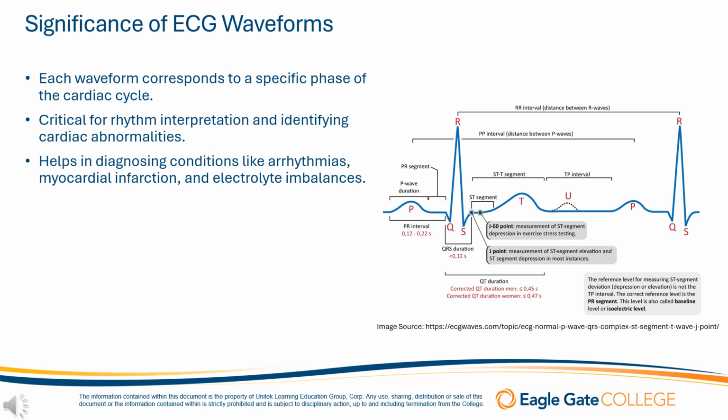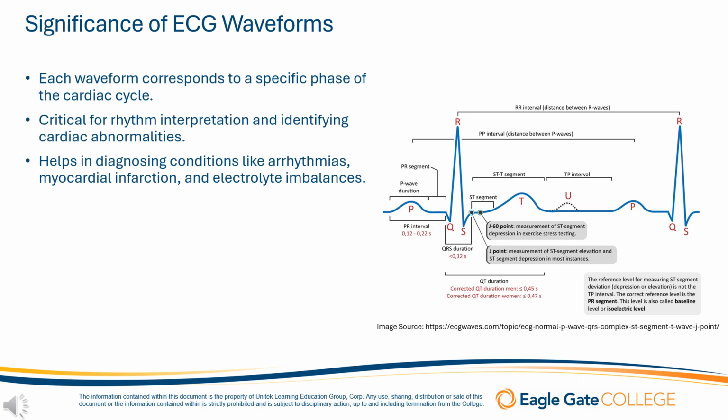The PR interval reflects the time taken for the electrical impulse to travel from the atria to the ventricles. Prolongation can indicate first-degree heart block. The QRS duration is another way of saying we're measuring the time for ventricular depolarization, and prolonged duration can suggest bundle branch blocks or ventricular hypertrophy. The QT interval represents the total time for ventricular depolarization and repolarization, so prolongation can predispose to life-threatening arrhythmias like